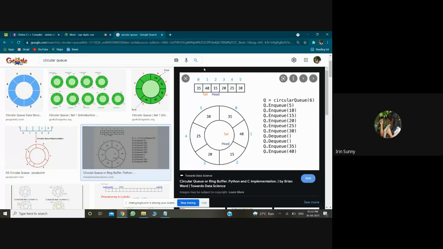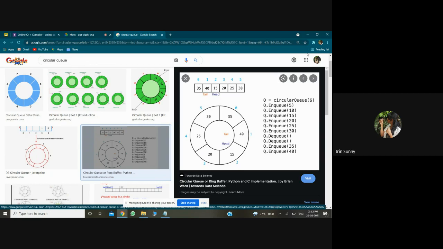I can never input a value to the 0th position again. If I delete 35, the front will point to 40, and I can never put a value again or replace a value at the 35th position after deleting it, because the size of this queue is reduced.